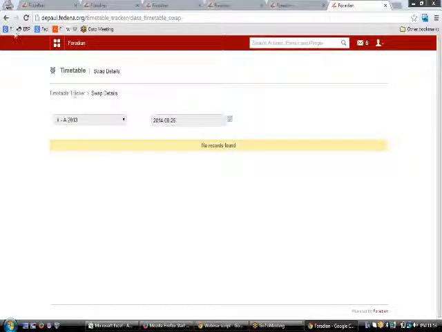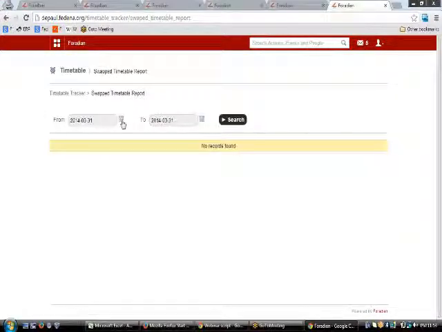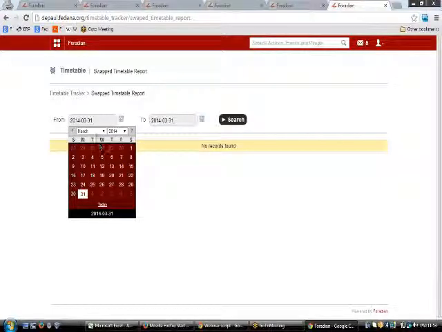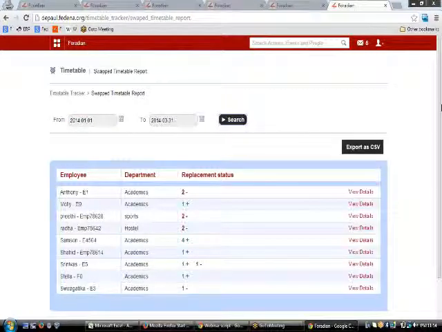Moreover, this swap timetable period can also be seen in the swap timetable report from here, and you'll be able to get all the details of the teachers who have swapped the timetable with someone or the other for some feasibility. Here you'll be able to see, like, the teacher Anthony from the cartoons department has been replaced twice by some other teacher.